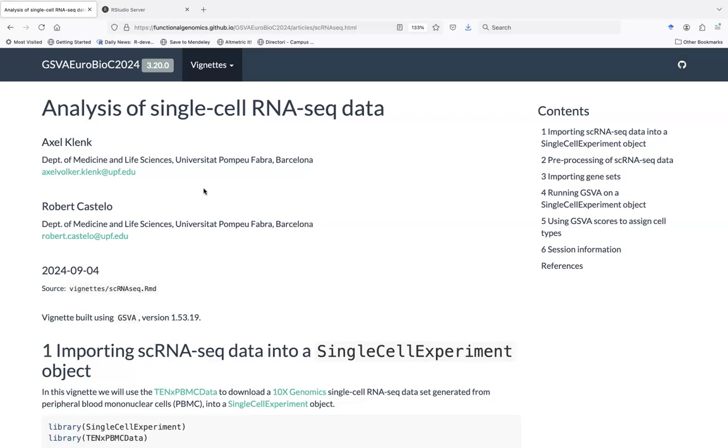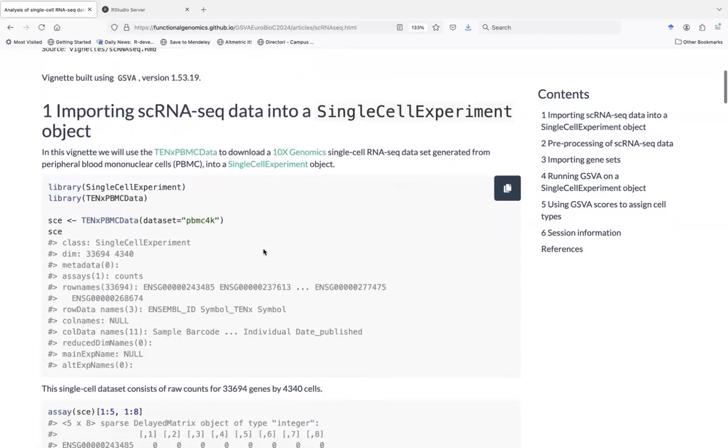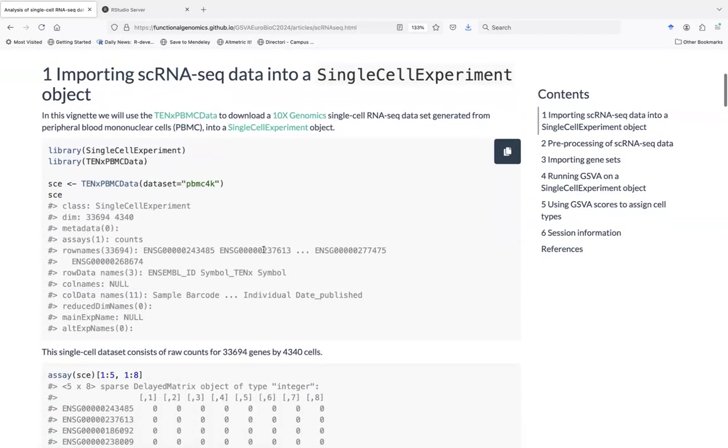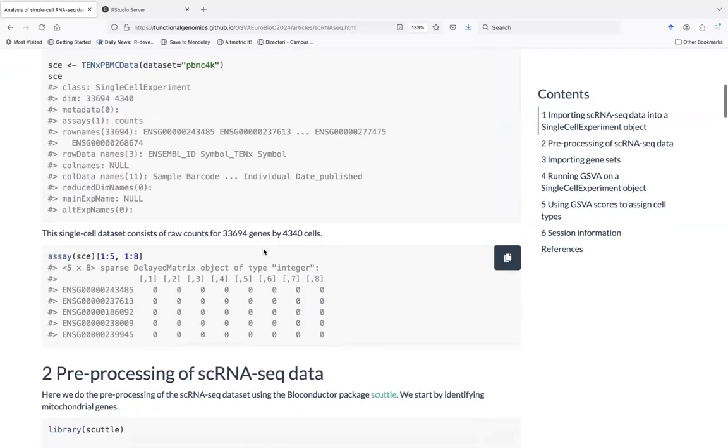Now, the thing is that people started using this. The package originated more than 10 years ago, when there was no single cell data, but people started using it with single cell data, and of course it's very slow with single cell data, so we have to make a few adaptations for this. We've been working on this, and there is a first implementation with single cell data that makes it performant. This is illustrated with this PBMC data on